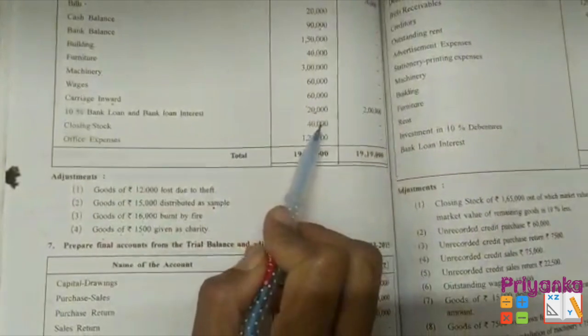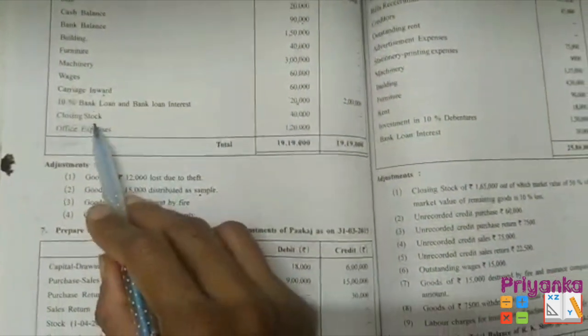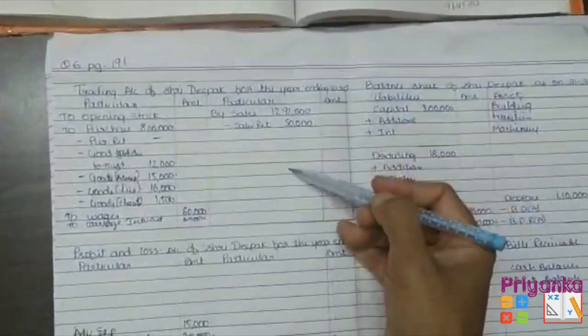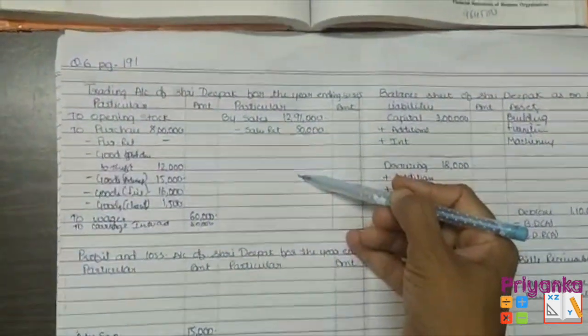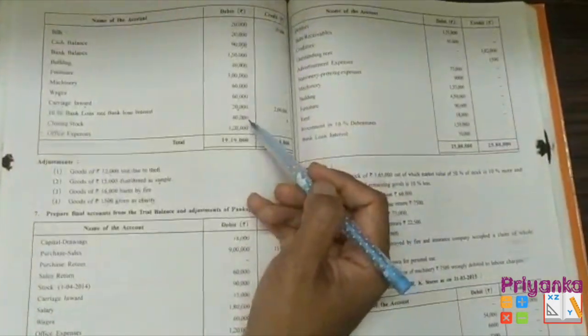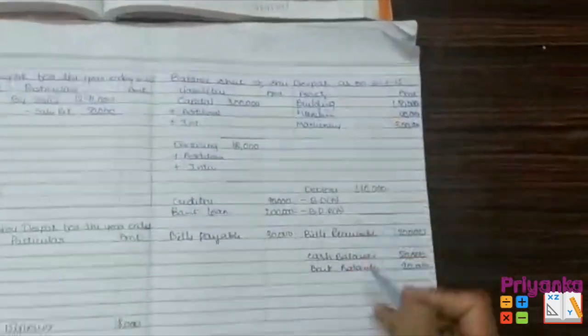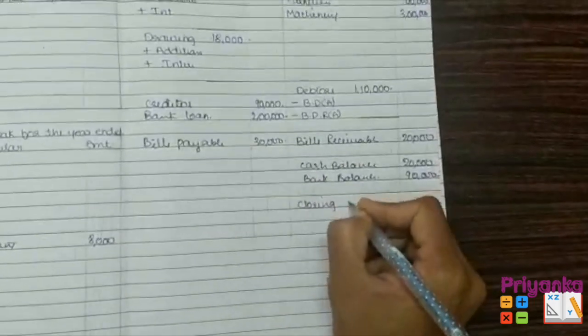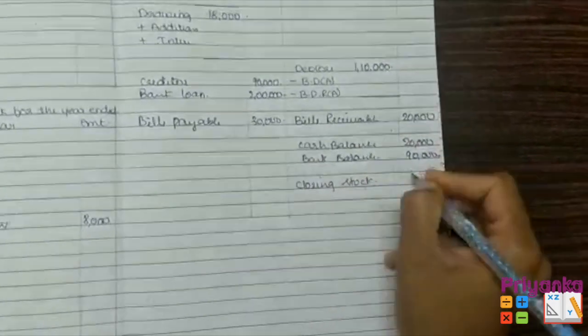Next is closing stock 40,000. Most of the time closing stock comes in the adjustment, then the entry would be one on the trading account credit side and one on the asset side of the balance sheet. But when it is given in the trial balance, you have to keep only one entry, that is on the asset side. Write down closing stock with the amount